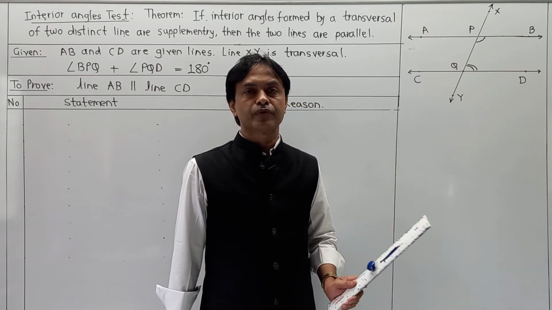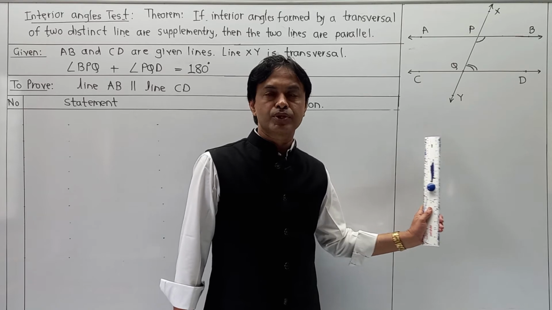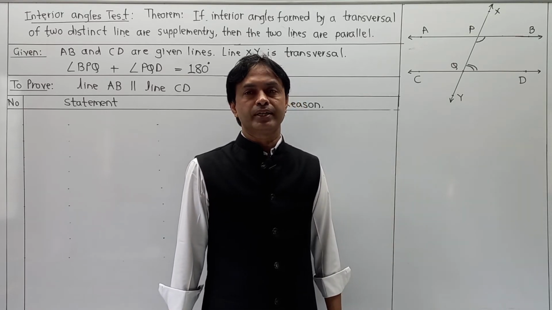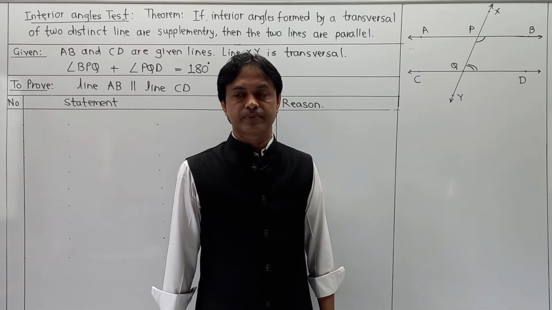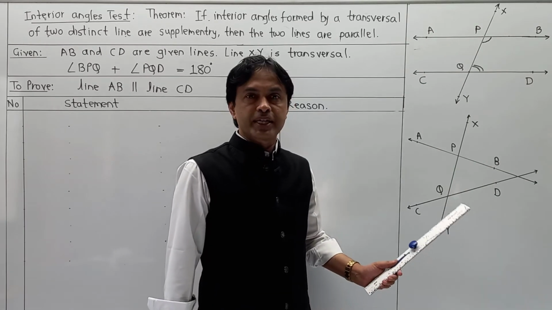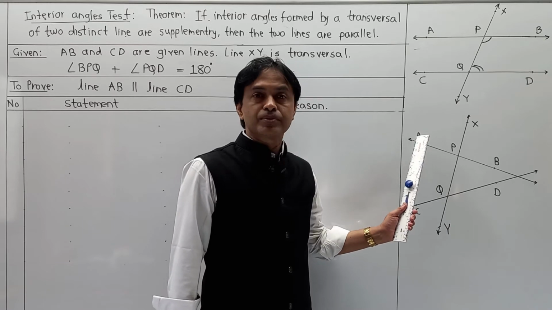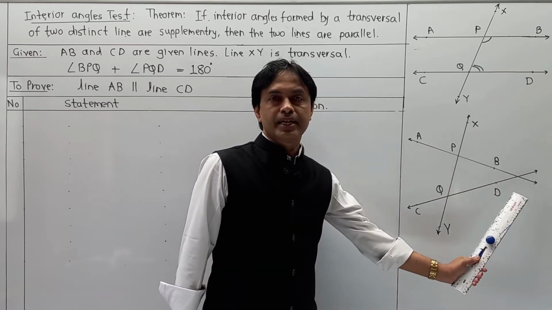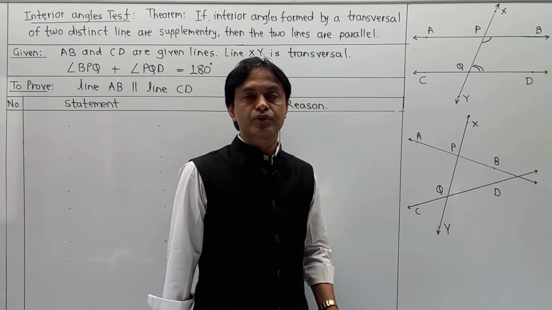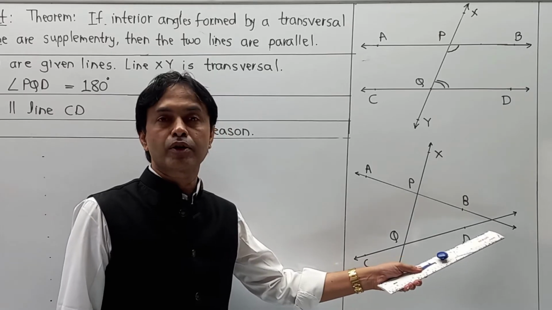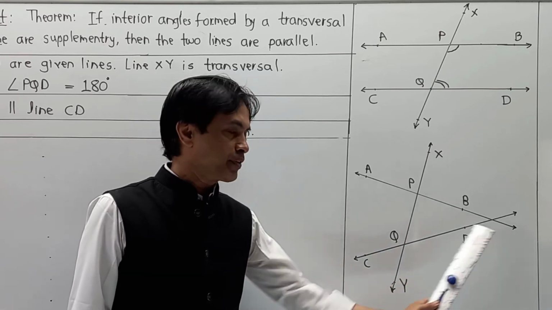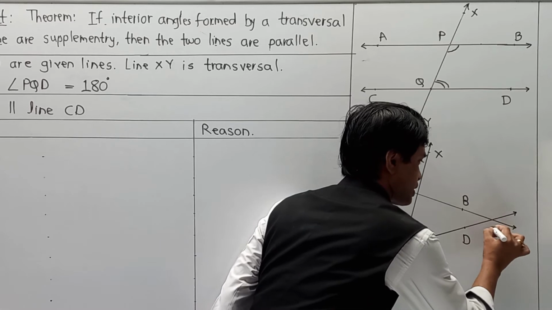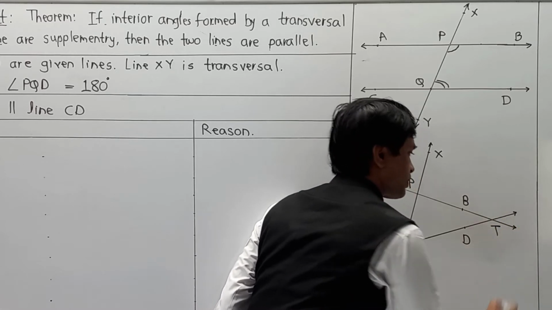As we are doing this proof as an indirect proof, according to that assumption we are going to draw AB and CD, and let us say they are intersecting at point T. Now as discussed, we have drawn one diagram just for clear understanding. There is a line AB, there is a line CD, and since it's an indirect proof, we assume that these lines are not parallel. If they are not parallel, definitely they will intersect somewhere. So I am going to indicate this point of intersection as point T over here.